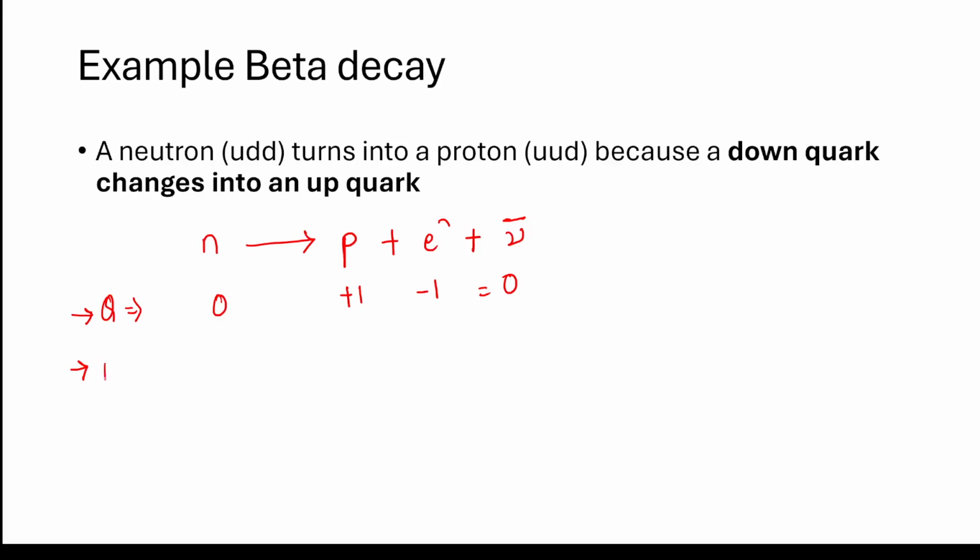Now conserving baryon number. Here you have plus 1. Proton is also a baryon, so plus 1. Electron is a lepton, so 0. Antineutrino is also a lepton, so 0. So baryon number is also conserved. So this shows that this particular thing is conserved. Now to see if lepton number is conserved, what do we have for the left hand